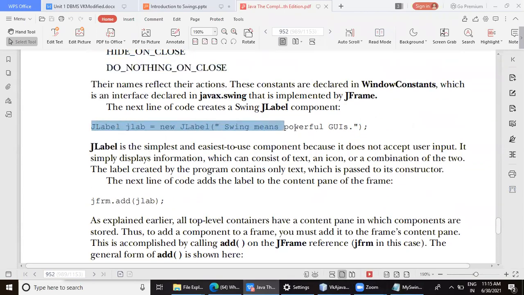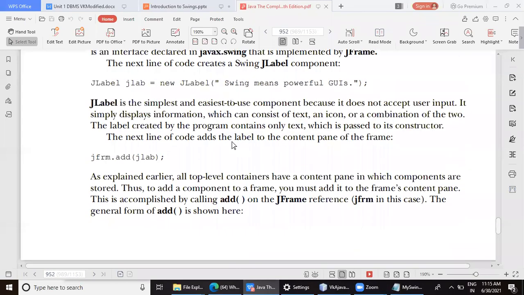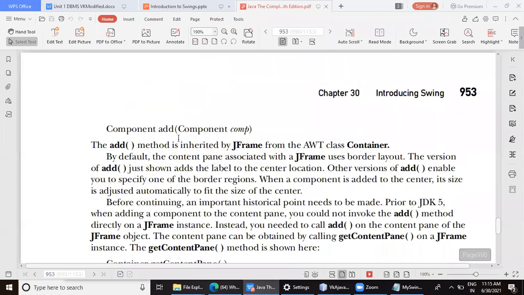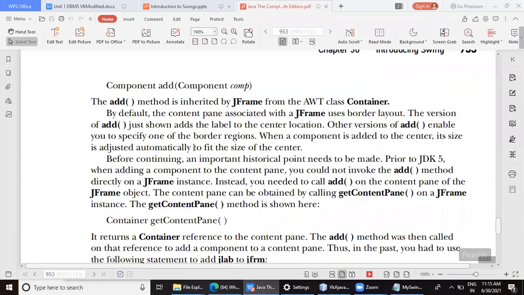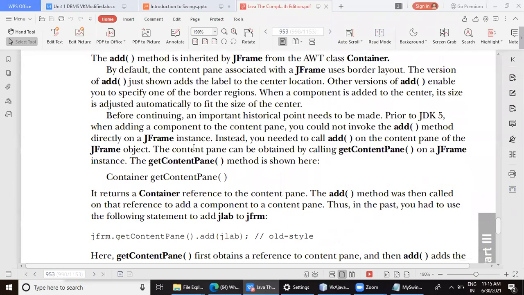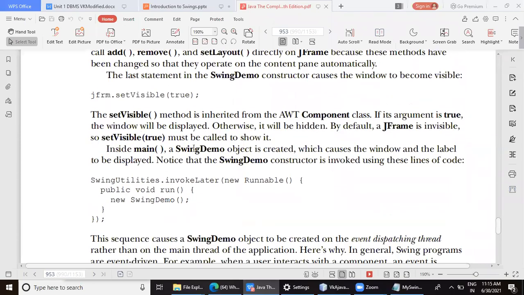On the next line, we have created one label with the title Swing means powerful GUI. Then we have added the label on the frame. The frame object name is jfrm, and we have to pass the label name here. Then next is set visible.